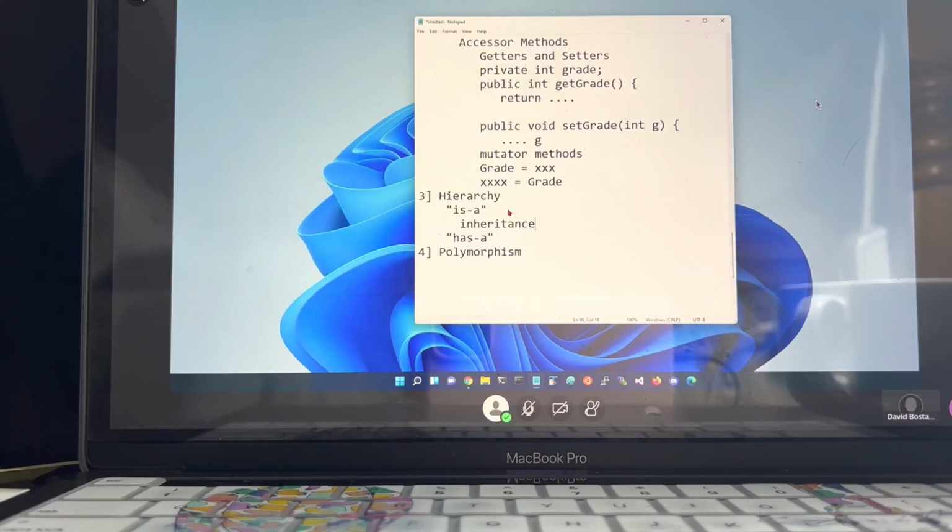Now, inheritance means something is a something else. A dog is a animal. So there's a hierarchy here. If I were to have an animal object or interface, I could extend that or implement that with a class called a dog, and that would be an example of hierarchy showing me inheritance.